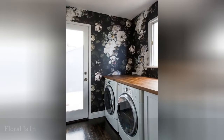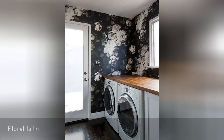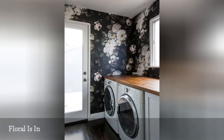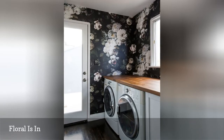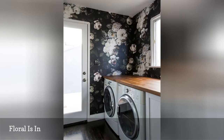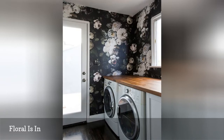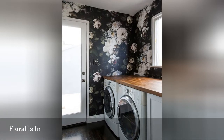Every fashion designer, from Cynthia Rowley to Ted Baker, has been inspired by nature's most beautiful creation, but why just wear flowers when you can also clean your clothes while surrounded by them? If you're looking for a small room where you can add a pop of color, your laundry room is the perfect place. This room has no competing design accessories, allowing the dark and romantic floral wallpaper from Sarah Sherman Samuel